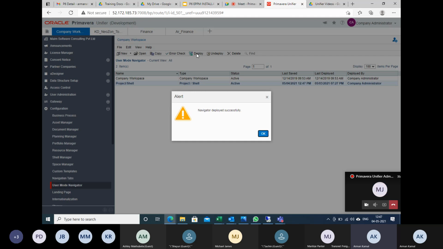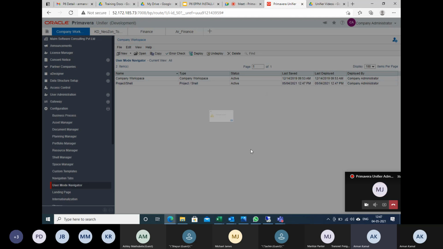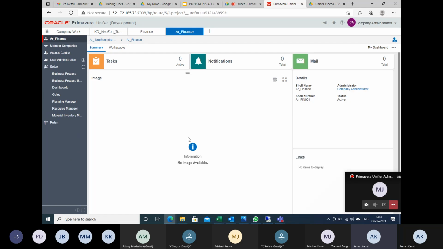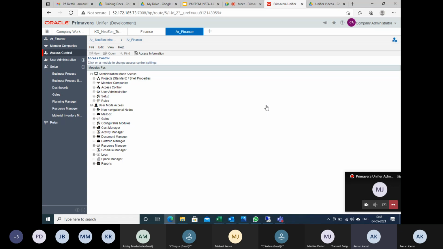Once it is done, the next step is to provide the access of the log also. What is that log? Log is the list of records to be visible in a special format. So I have gone to this finance tab and I am going to the access control tab.